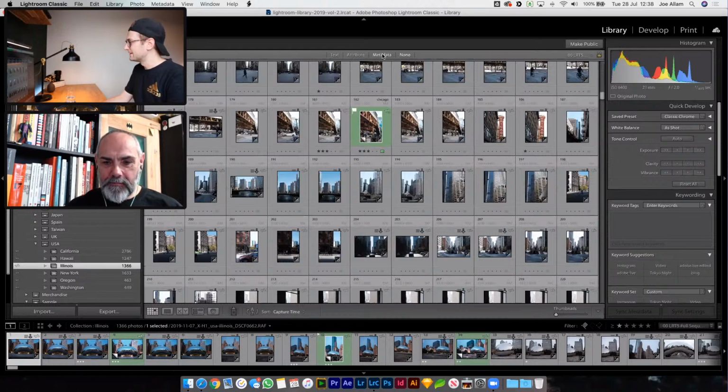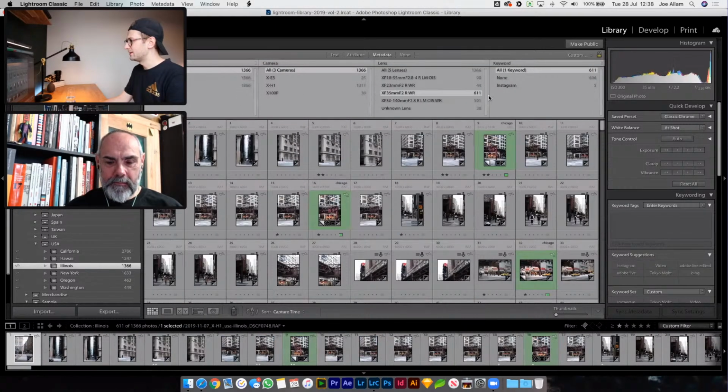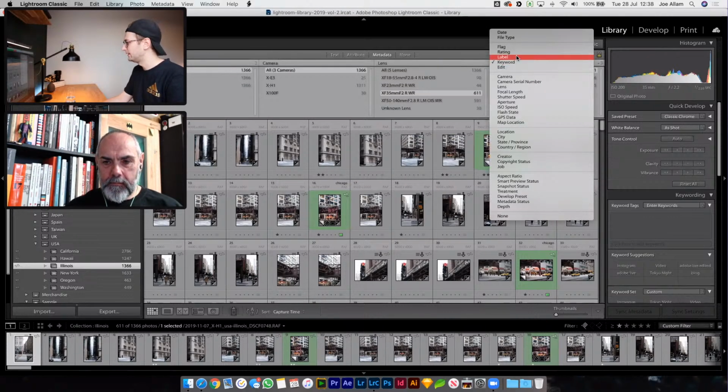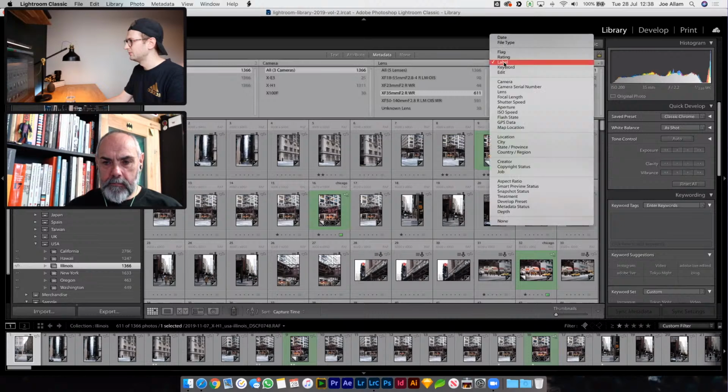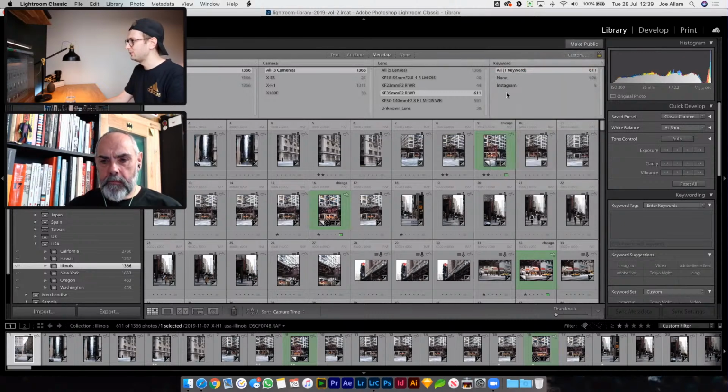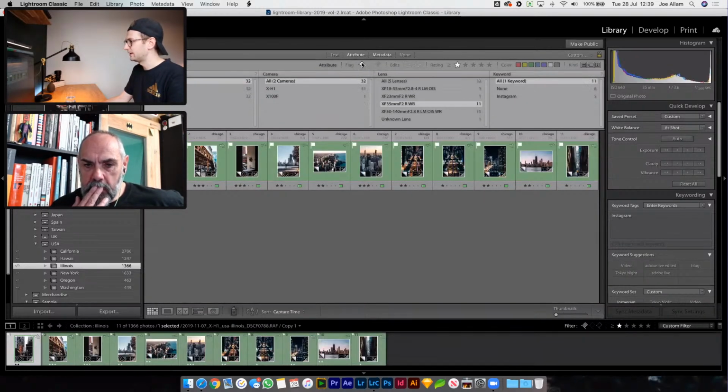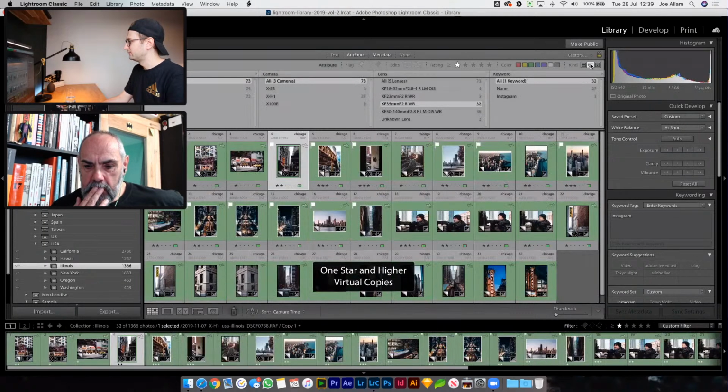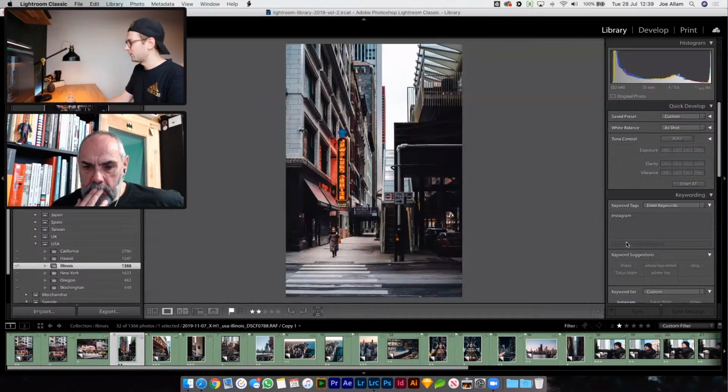Absolutely. So carrying on with the metadata, one extra element that I do quite a lot is keywords. Now you'd actually have to change up here, because I believe by default your metadata shows the label, but I changed the column over here to keyword. And when I'm looking at my library, I may go through my edits, and let me turn on attribute again and browse by virtual copies. So I may go through some of my images, and I will add keywords in the right hand side over here, such as Instagram, and these would be the images that I would then export out and share to my